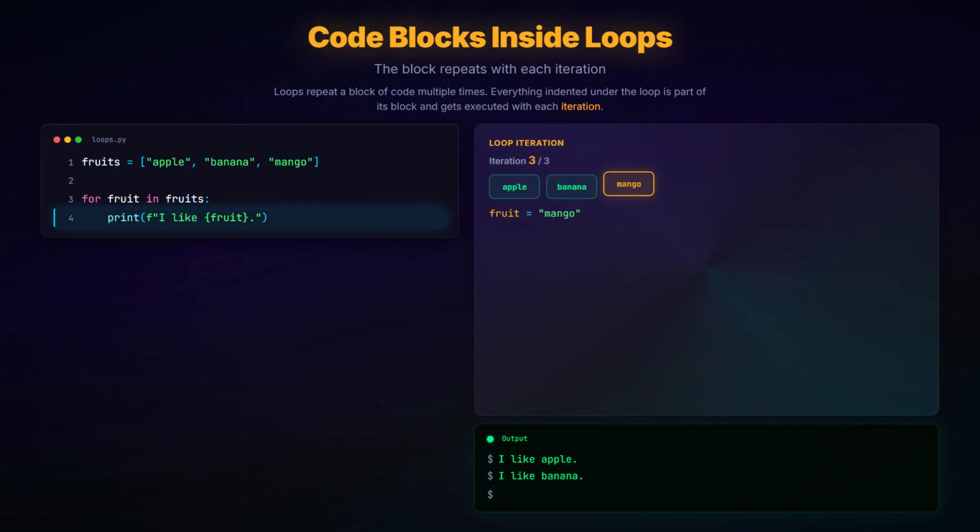On the first iteration, fruit is assigned the value apple, and the print statement runs. On the second iteration, fruit becomes banana, and the block runs again. On the third iteration, it is mango. After all 3 iterations, the loop is done. The key thing to understand is that the entire indented block repeats from scratch with each new value. This is how you process collections of data in Python, and it is one of the most powerful patterns you